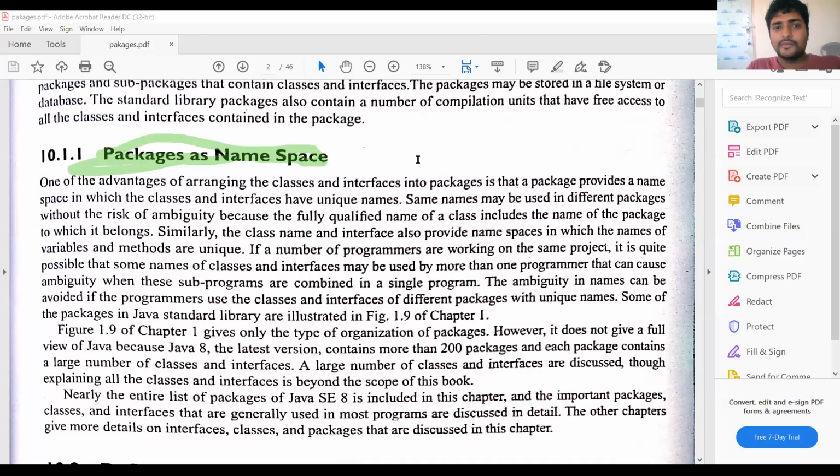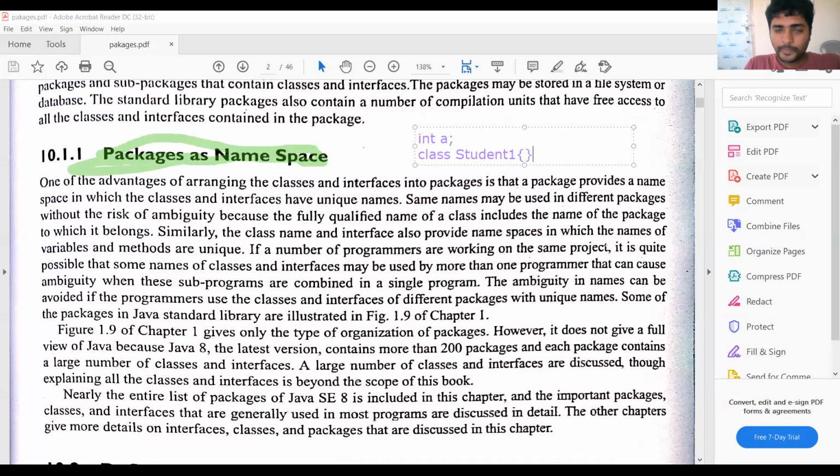For example, suppose you are creating a variable, the variable has some name, A. That is the namespace. If you create a class, the class has some name, Student1. This is the class namespace.